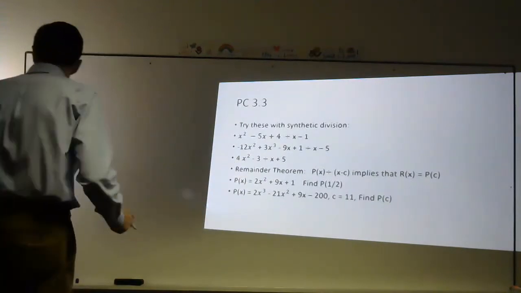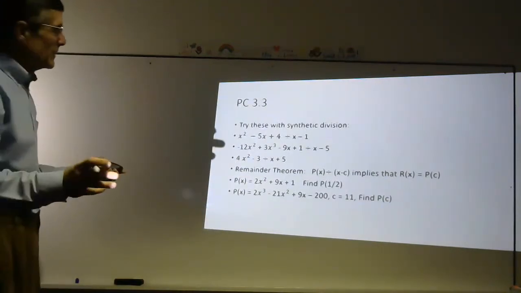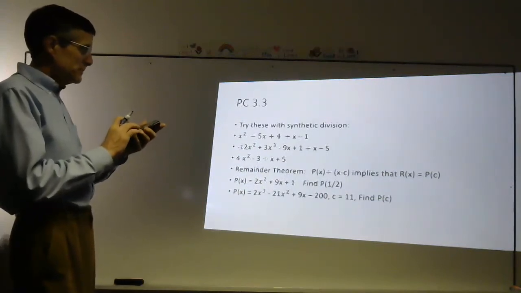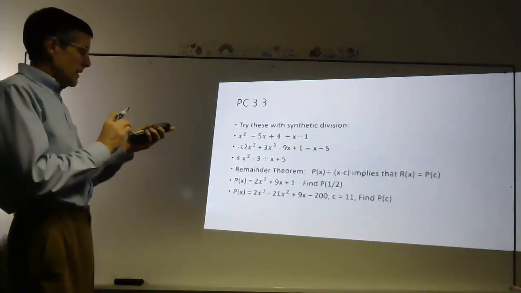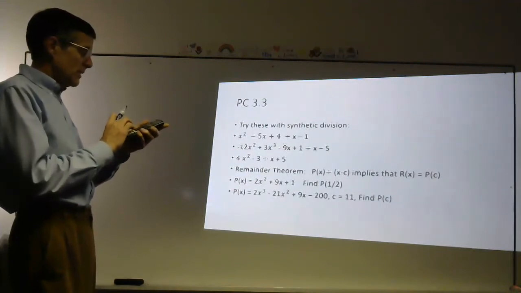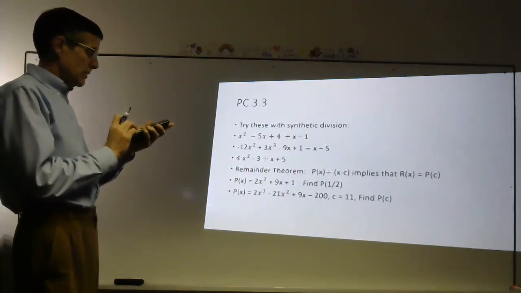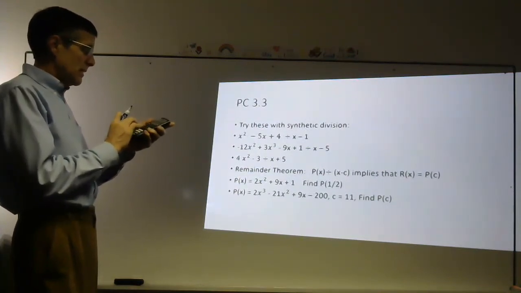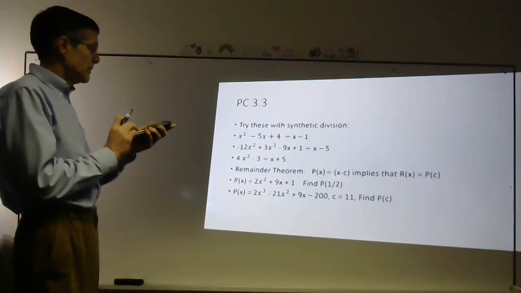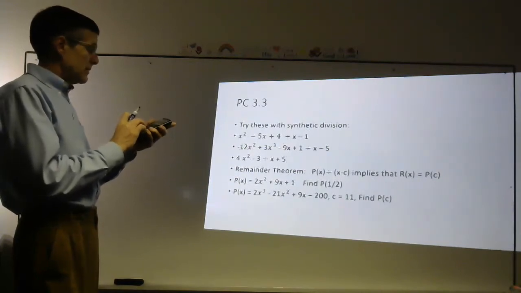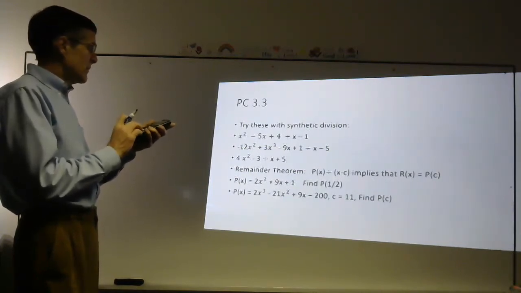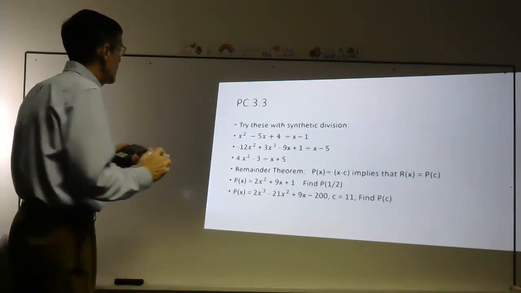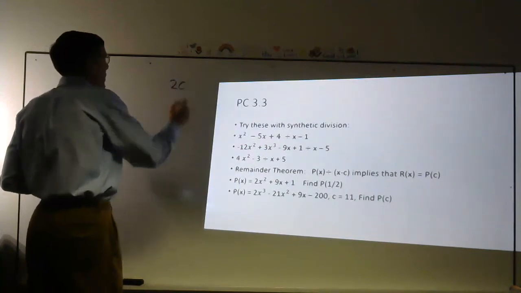Now look at that one. Putting 11 in, I'm going to put it in. It's just a royal pain in the neck here. Okay? So I have 2 times 11 cubed, minus 21 times 11 squared, plus 11 times 9 is 99, and then minus 200 equals,